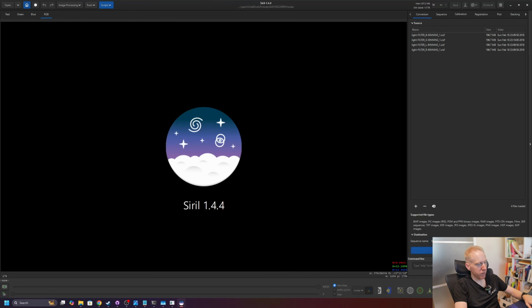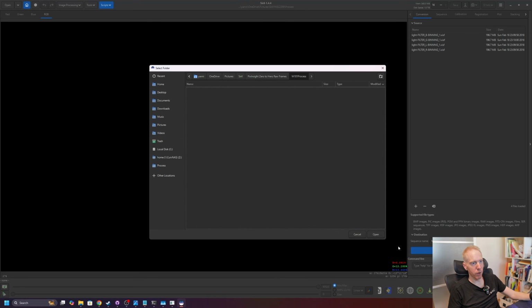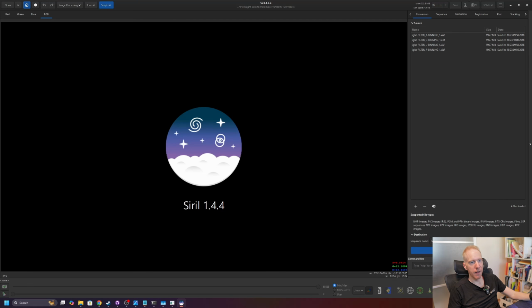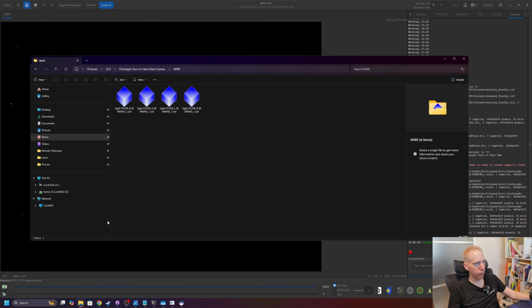We're going to set a name of the sequence, M101, but we don't click convert yet because, remember, we need to set the home directory. I don't want to put that in the ngc2359 process, so we're going to go to this M101 process as our working folder. Now we can click convert, and if I go to our working folder,